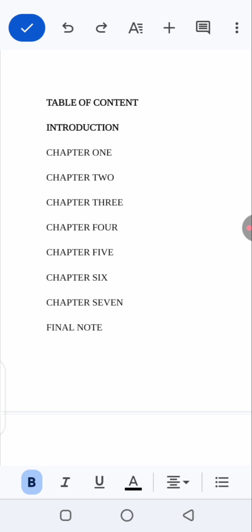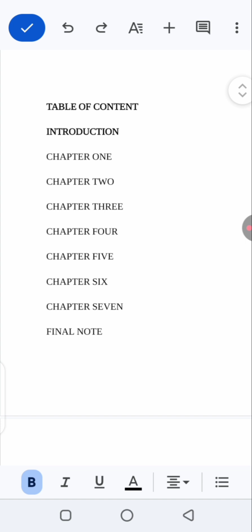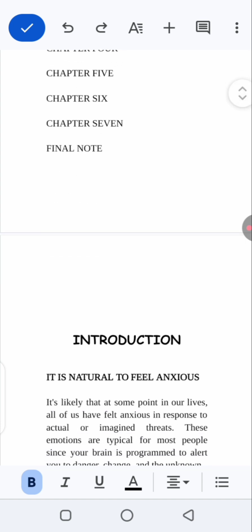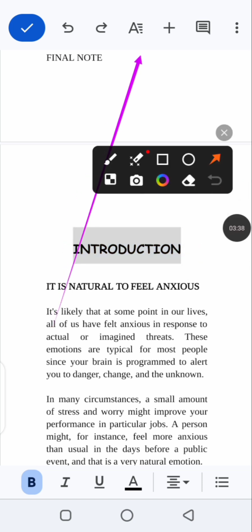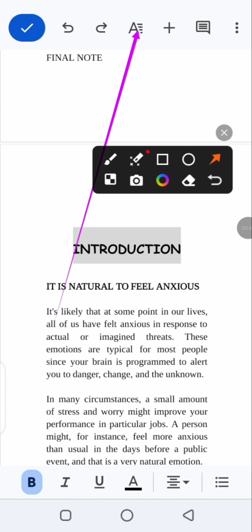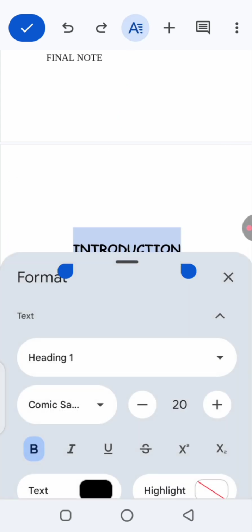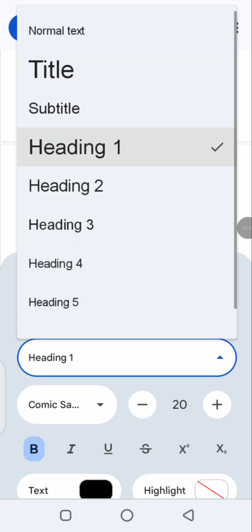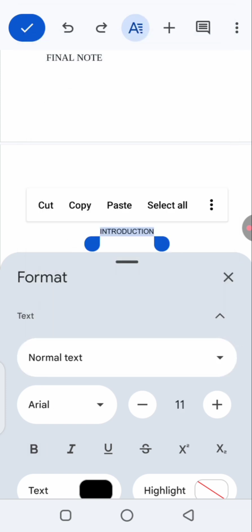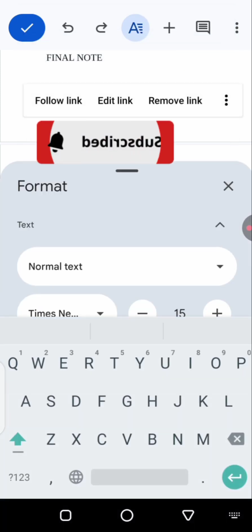Now after formatting your book like this, let's say you want to add a link to this introduction. What we need to do is go straight to this introduction, select the introduction, then click on this A icon, this place that has a sign. Then you click on it. Once you click on it, you will see this place is supposed to be normal text. Since you have not added a link on this, it's going to appear as normal text. This is what you are going to see. Something like this. Okay, I've removed it.